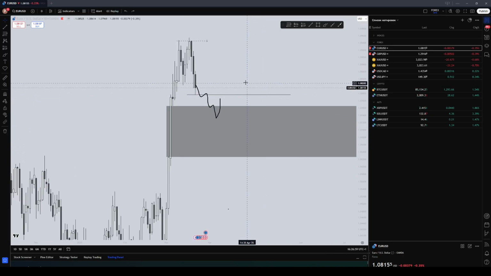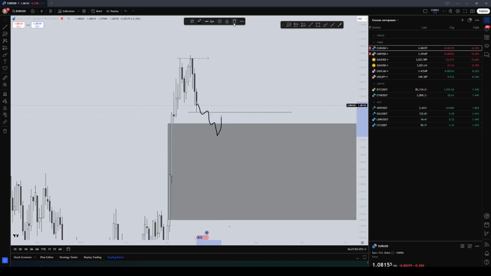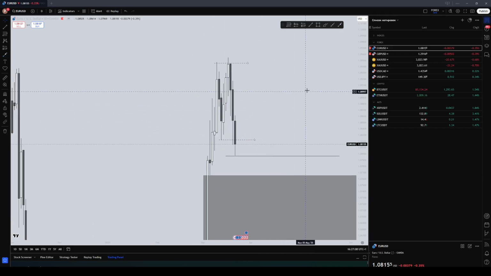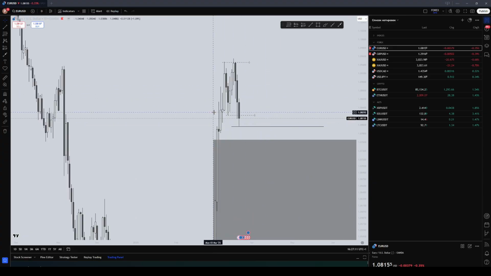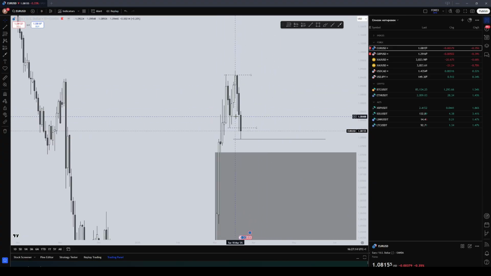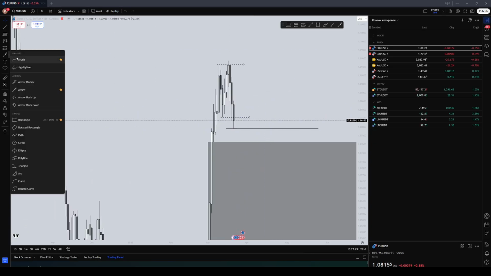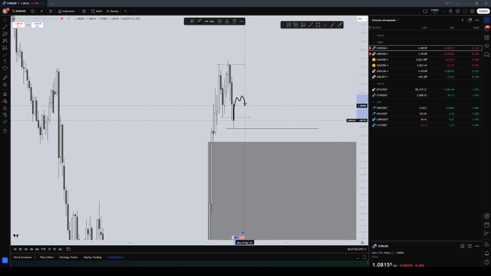But also, what can we see? That price already achieved daily liquidity, so it's already a trigger for the long, like a sweep of liquidity. We have also a sweep, so there is also a possibility the price will go without a test of this imbalance, and without a sweep of the previous week low. So if I see any long signs on lower time frames on Monday, then I will look for a long continuation, because I already have a trigger. I just need to understand if price wants to continue from here, or from the previous week low, or from this daily imbalance. So it's like the third scenario.